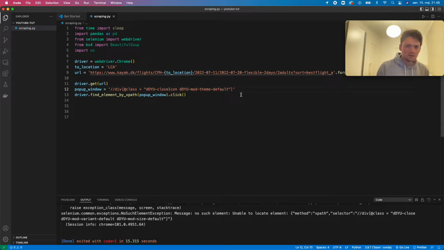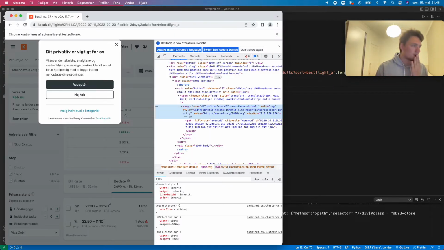Oh, did they actually change it? Oh my god, I think I have messed up a bit. Let me just check. Mod default, mod variant. All right. So that means